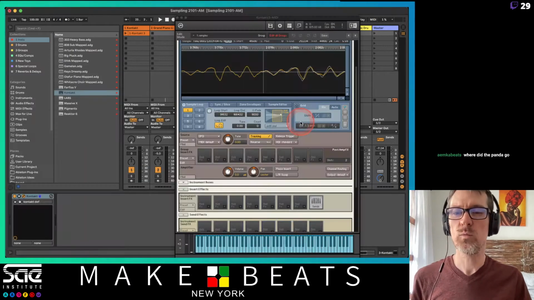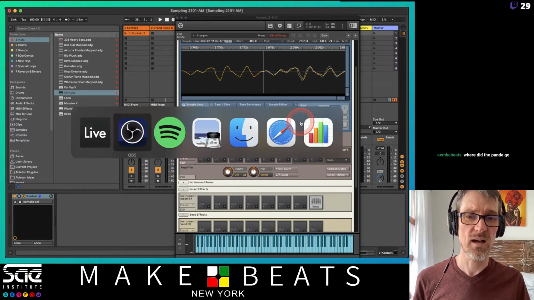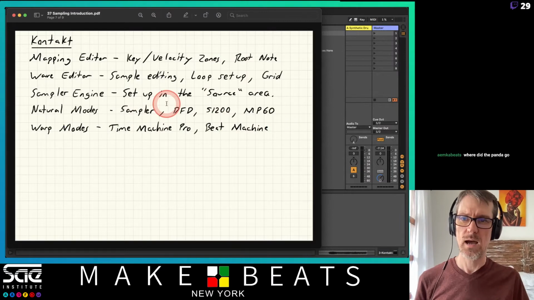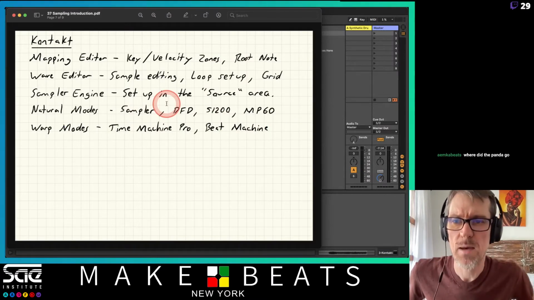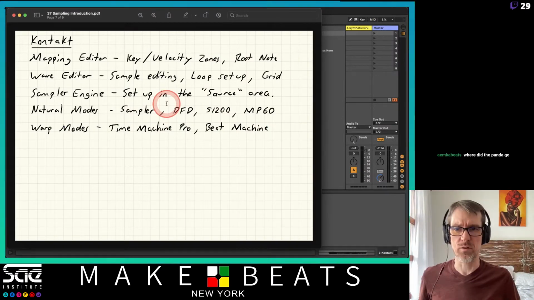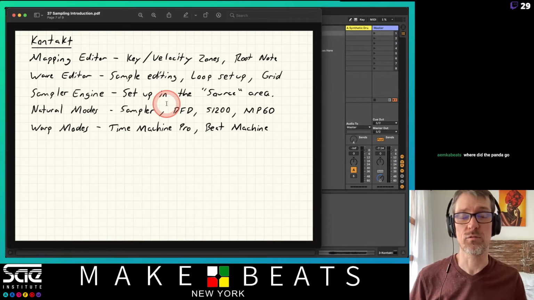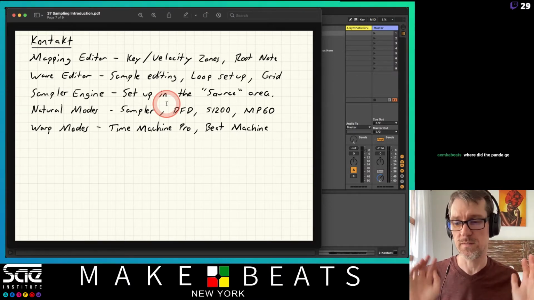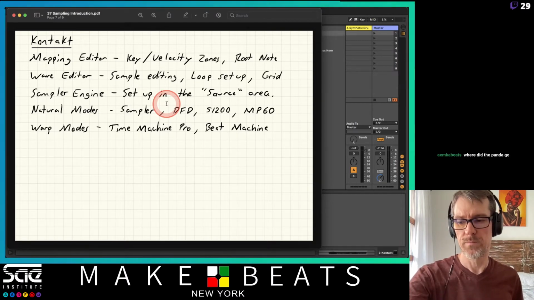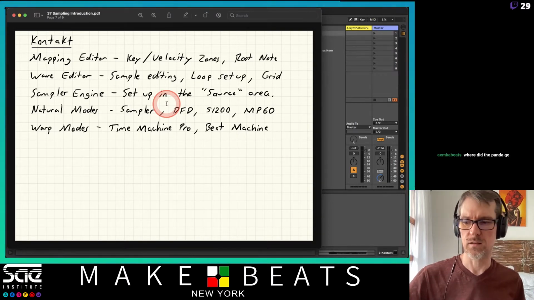What we're going to do is continue talking about Kontakt here, and we're going to focus specifically on the mapping editor, the wave editor, and the sampler engine. Those are the three main things we're going to talk about. Kontakt is kind of like Reaktor. You can go as deep as you want. You can get super, super crazy with it. But what we're going to be discussing right now is just the basics of Kontakt and how it